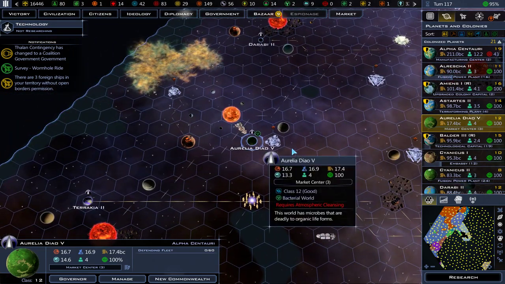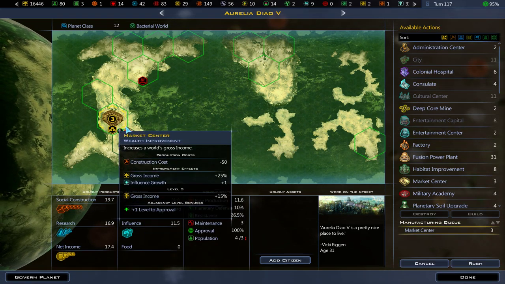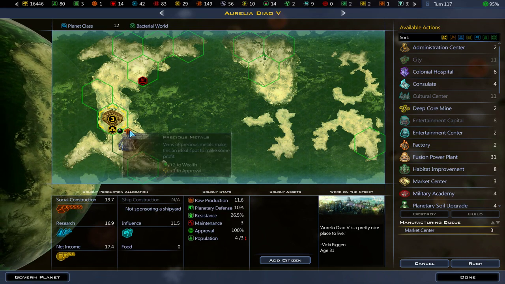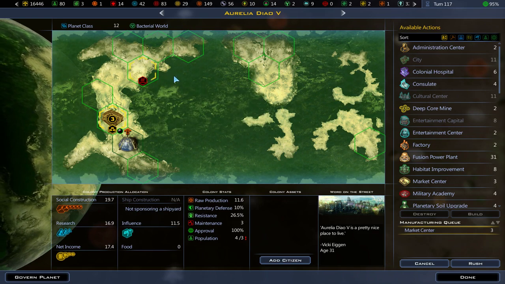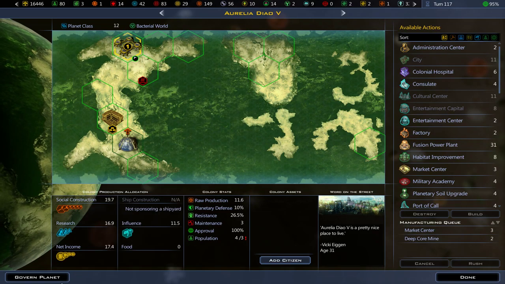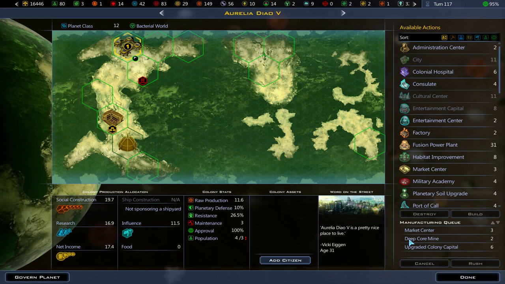Oh, they came and they colonized this planet. Yeah. Suckers. Alright, so they put a market center right there, which is actually a pretty good idea. We'll leave that there. There's going to be a nice construction wheel right here. The fusion power plant will go right there in the middle, so I'm going to put that down. And we'll just let it build those two things for now. And then,